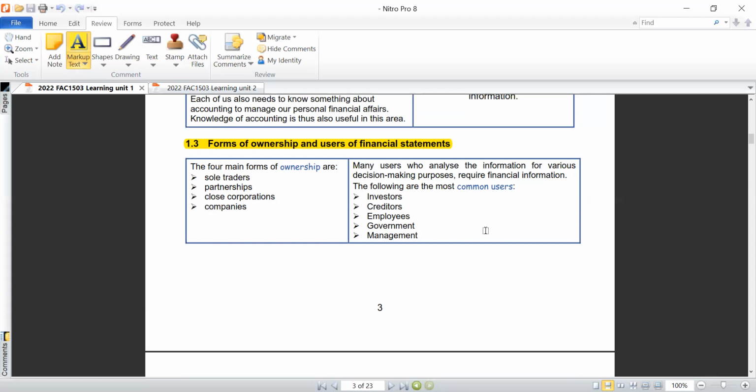It can range from sole proprietorship or sole traders, partnership, close corporations, companies. There are also trusts, but it's not really dealt with here because it's not necessary for you to know that for now. But anyway, these are the different forms of business ownership there are.